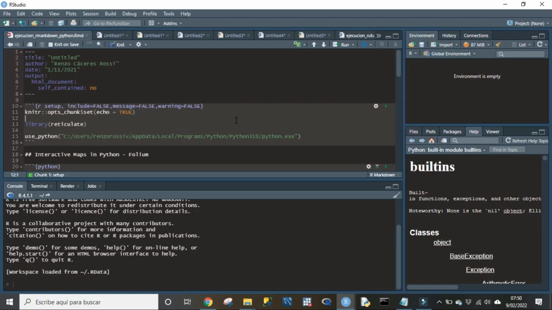Okay guys, this is our RMarkdown document. We'll show you how to properly set up our RMarkdown document to run Python code, to create your reports using Python programming language code. We go right to the main chunk of your RMarkdown document, the R setup chunk, this one right here, and you have to